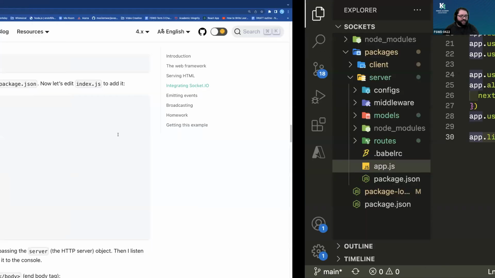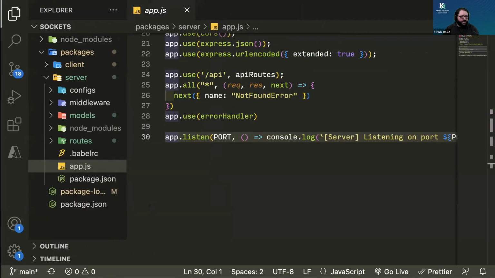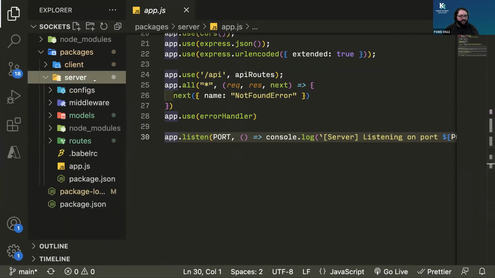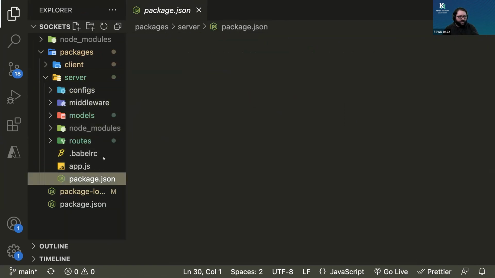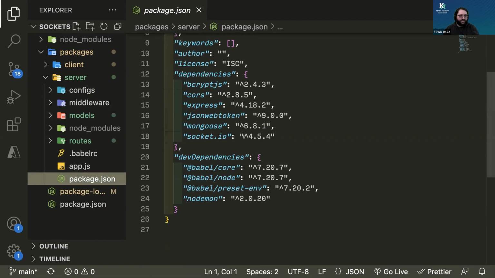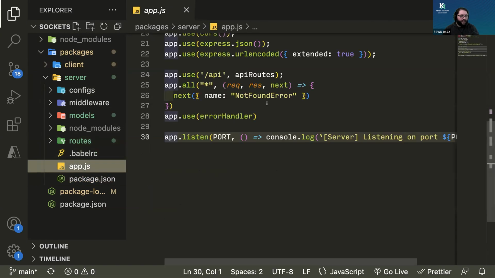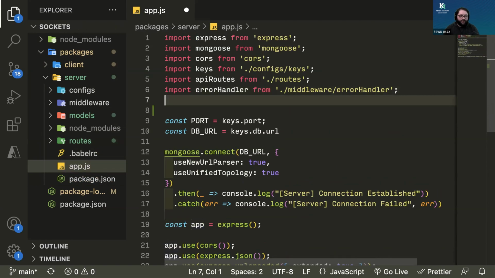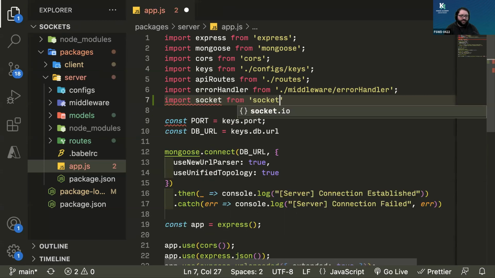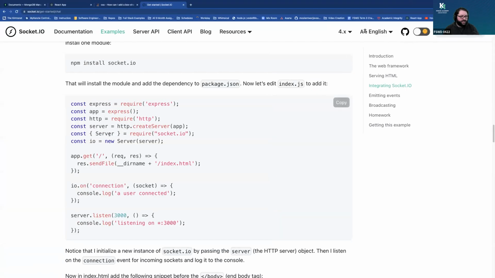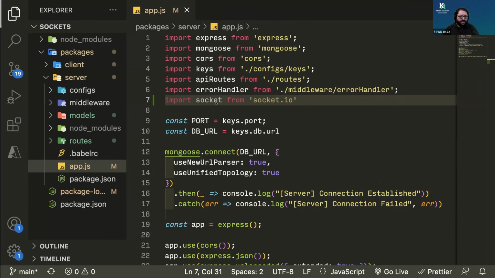Okay, so I have installed Socket.io already. Again, socket.io is going to be for the server, and socket.io-client is going to be for the client. So here I have socket.io, and let's go ahead and import socket from socket.io. Let's go check the documentation, and no, it does want Server. Okay, so let's get the Server